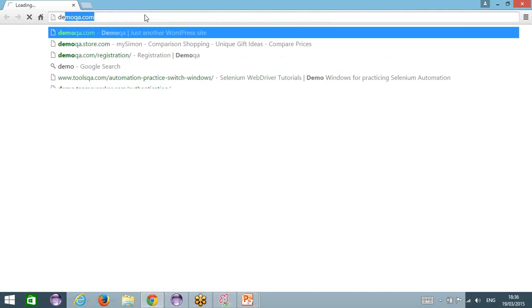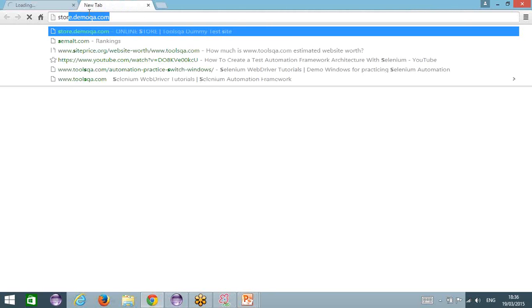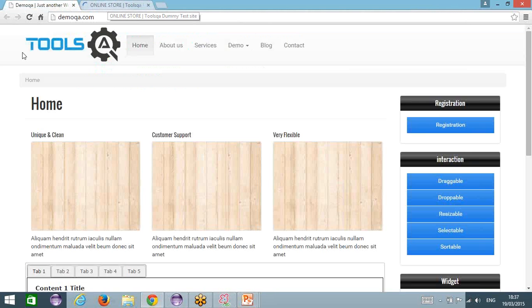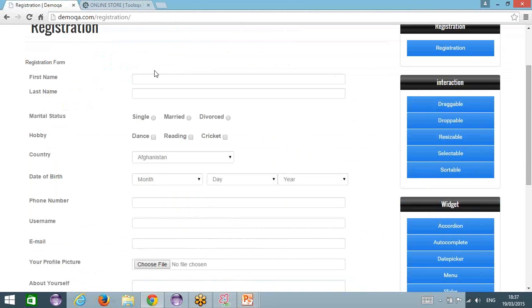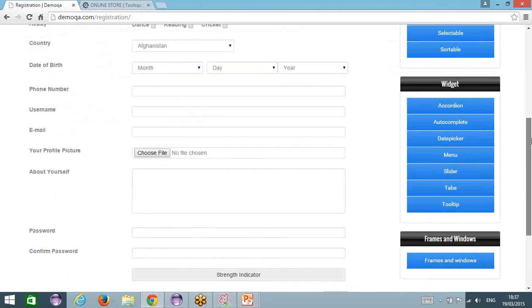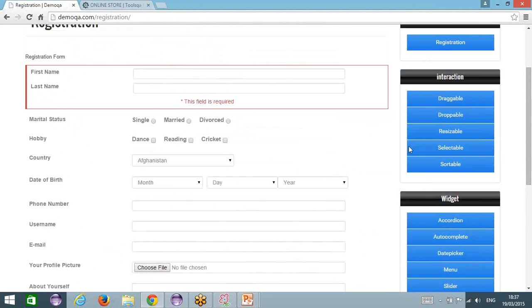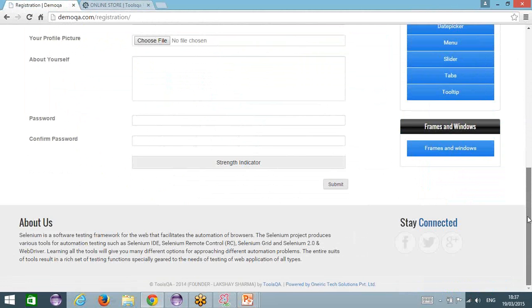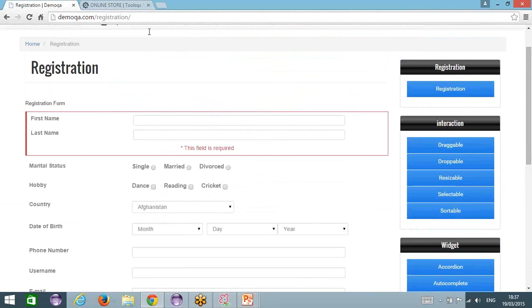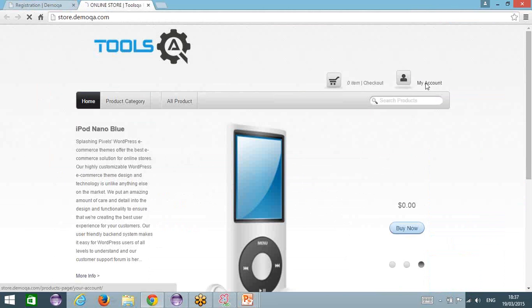The first one is demoqa.com. And then the second one is store.demoqa.com. This is the very first website, and in this website we will just restrict ourselves to a registration form. We will try to write tests around the registration form, right? So in this website there would be only one functionality that we would try to cover, that is the registration component, right? And on the online store we would try to cover the login functionality,